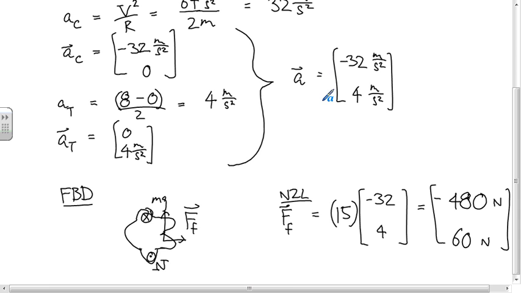And then how would you get the magnitudes of these if I asked for them? The magnitude of the acceleration, say. You take the square root of the sum of the squares. It's the hypotenuse thing. Because you have a vector here that's something like this, right? And the components give you this and this. So you're calculating the hypotenuse of a triangle. And the same thing for the force. To get the magnitude of the force, you take the square root of 480 squared plus 60 squared.